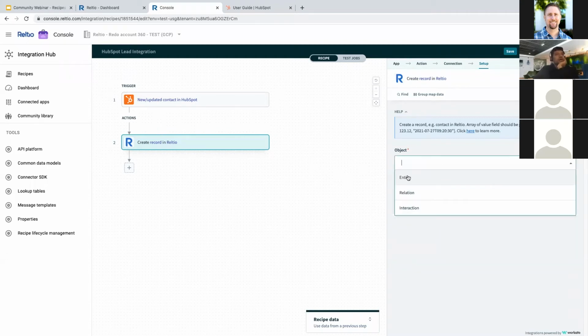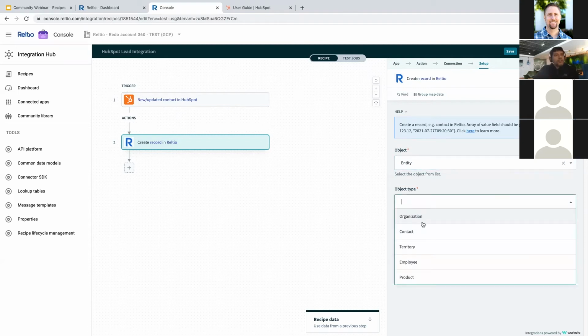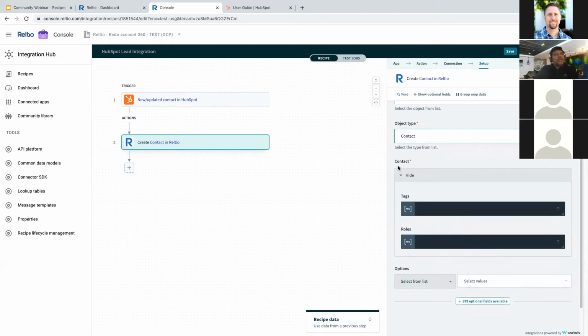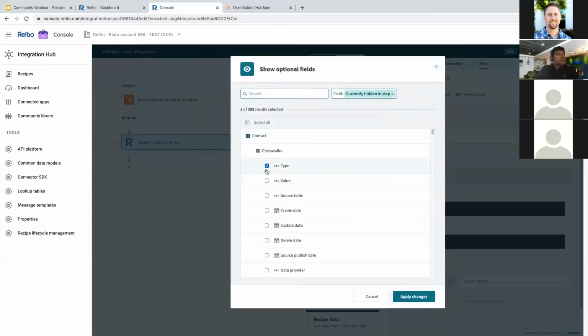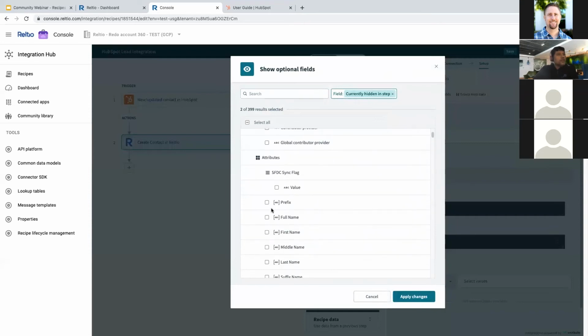So in this case, I want to create a new record, which is going to be an entity, right? And now what's happening is basically the connector is going into this tenant and finding out all the objects that are available. So there's organization, contact, employee, product, everything is available as part of this tenant configuration, right? So in this case, what I want to do is create a new contact. And now it will offer me all the fields that are available for this contact, right? So let me quickly select the fields that I want to use